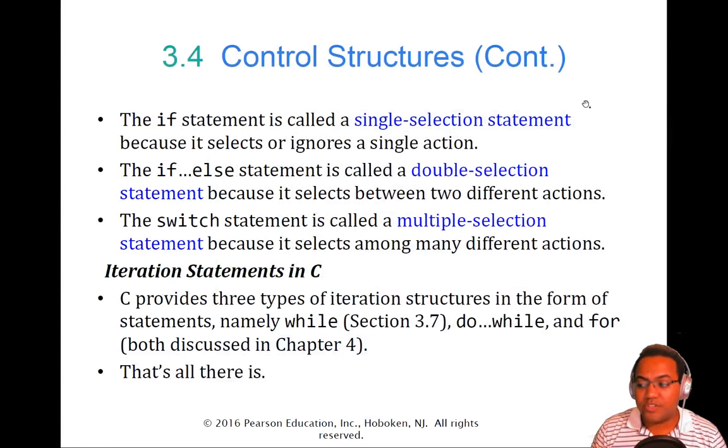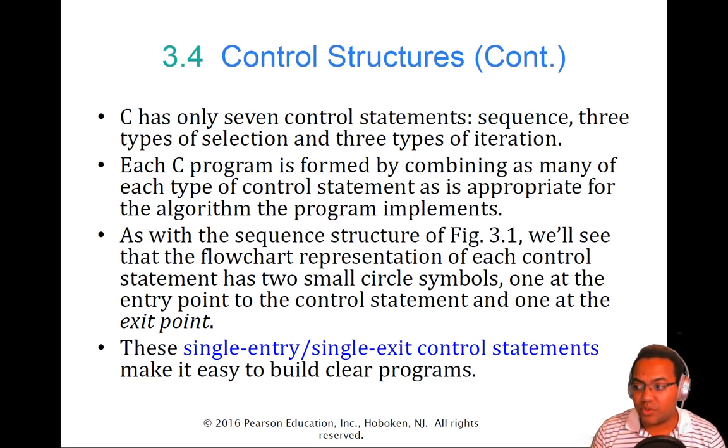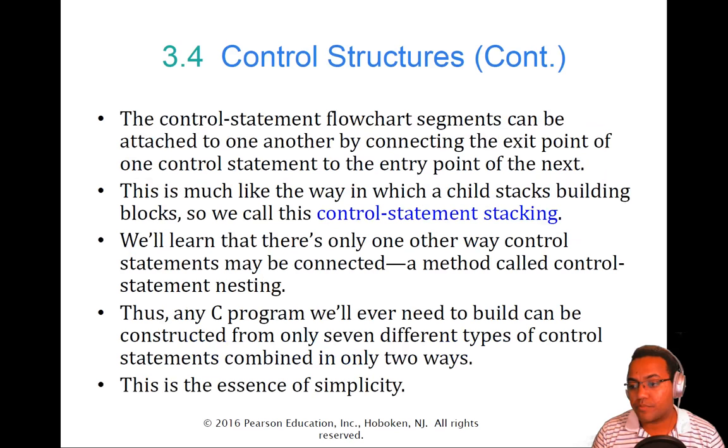So, iteration statements: do, while, and for. C has 7 control statements, sequence, 3 types of selection and 3 types of iteration. We talked about while and do, and we spoke about for in chapter 2, chapter 1. Control statements can be attached to one another. This is much like the way in which a child stacks building blocks. We'll learn that there's only one way control statements may be connected, a method called control statement nesting,